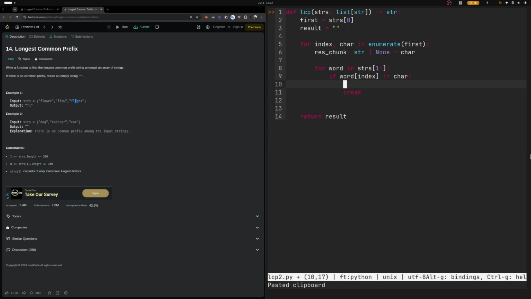So I can just do rest chunk plus none. What this will do is just remove the value from rest chunks and set it. So we are going to break this. And then after we're done with the inner for loop, after we're done with this for loop here and we come out, if rest chunk,